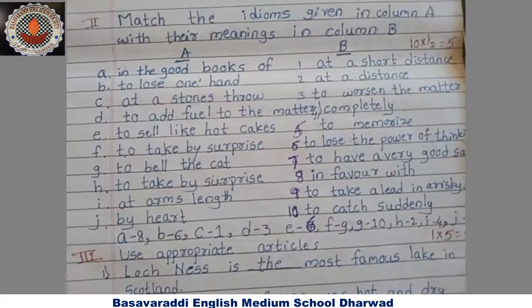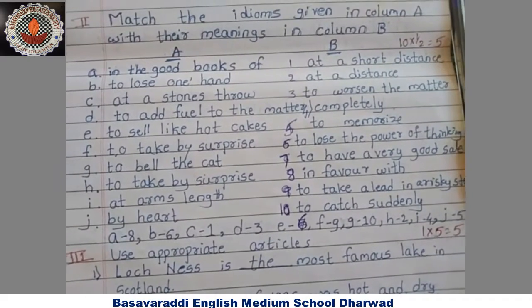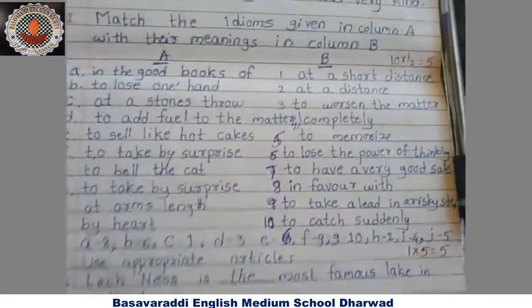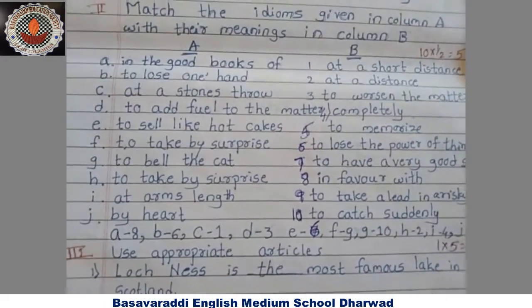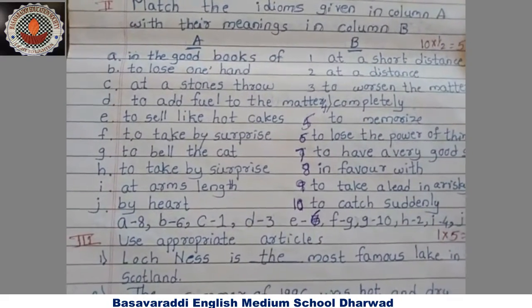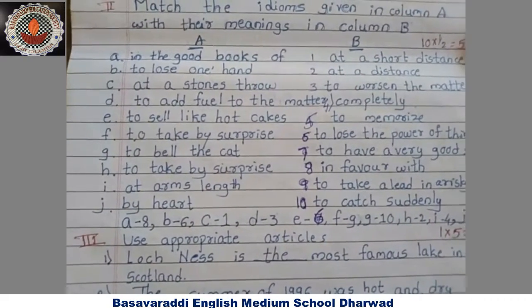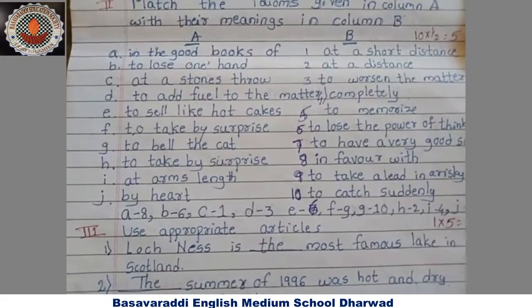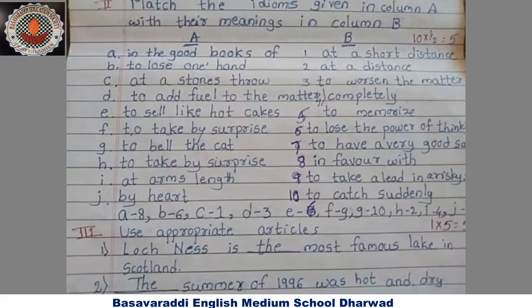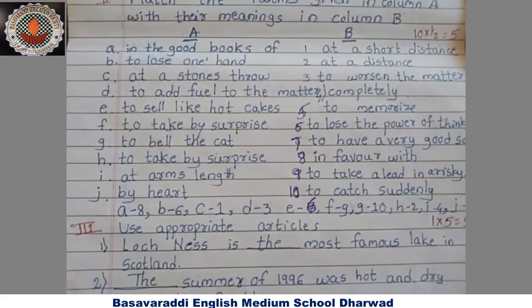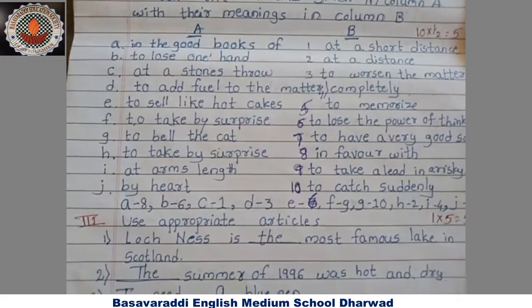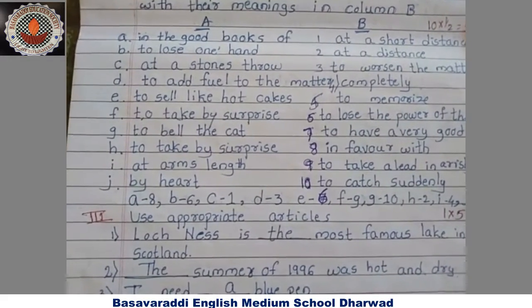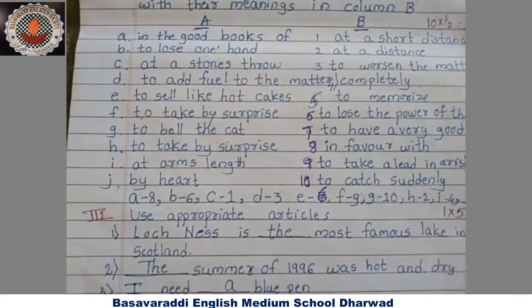At a stone's throw means at a short distance, very close. To add fuel to the matter, that is to worsen the matter. To sell like hotcakes means to have a good sale. To bell the cat means here